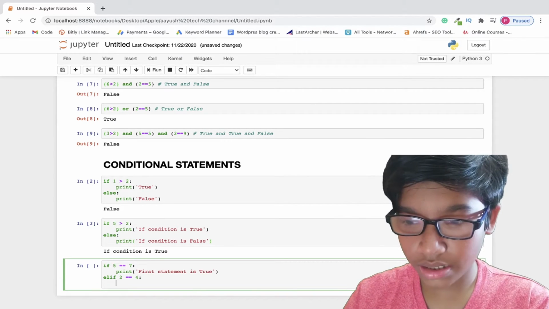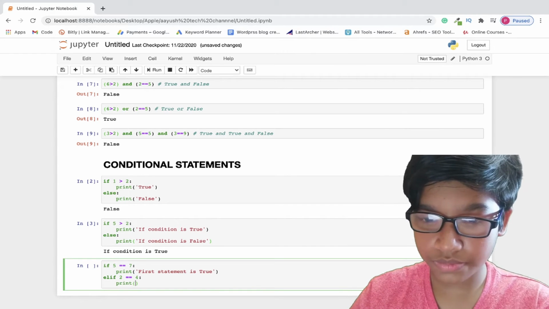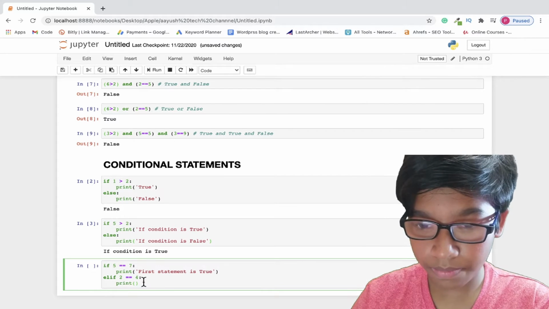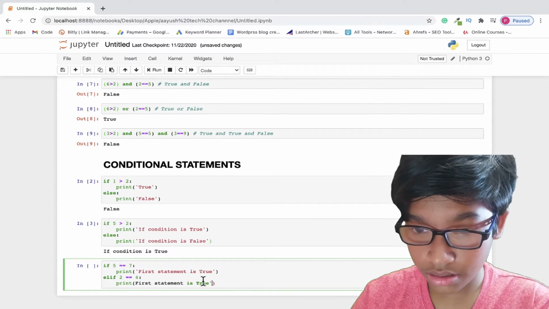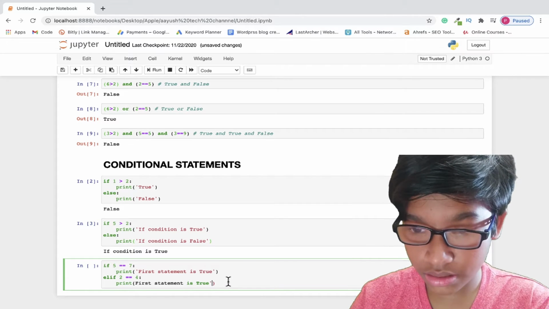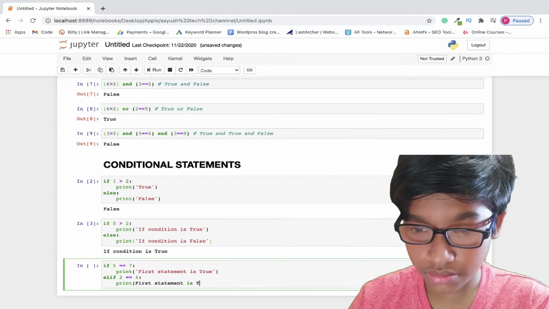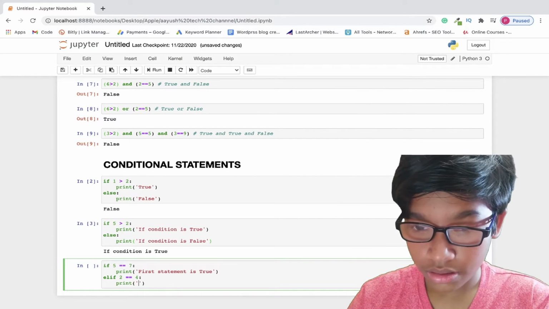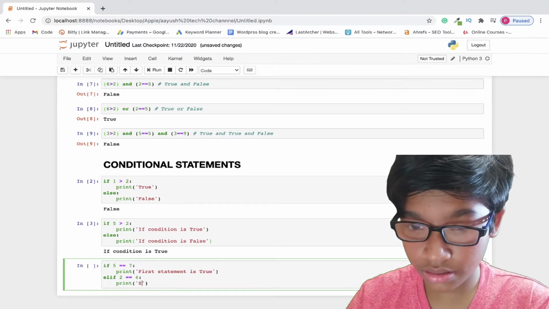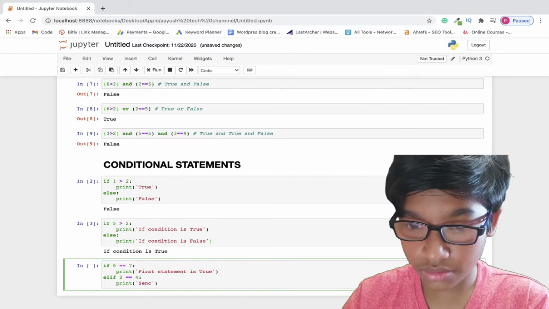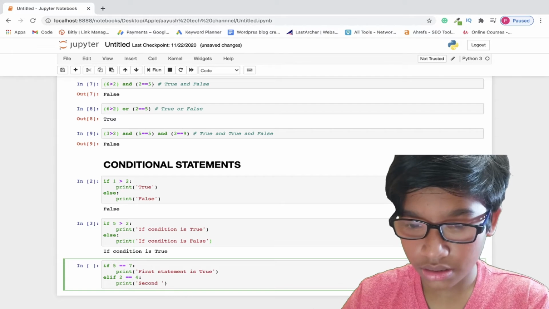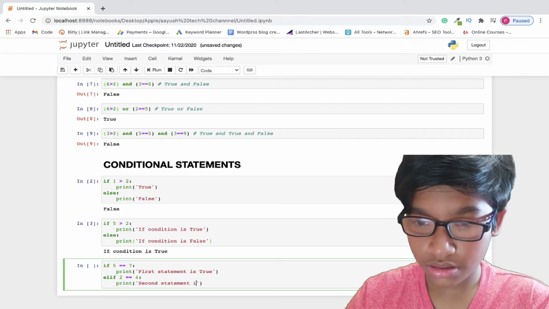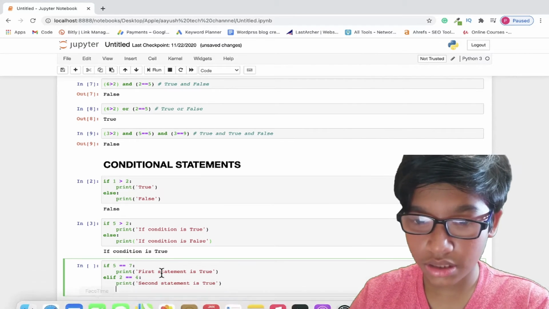Now let's write, if it is true, print, let's copy this part and paste it here, and let's write second statement is true.